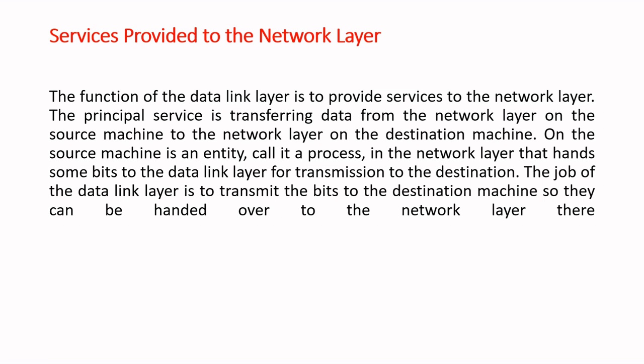Which type of services does the data link layer provide to the network layer? The function of the data link layer is to provide services to the network layer. And what are those principal services? The principal service is transferring data from the network layer on the source machine to the network layer on the destination machine. That's it. Now on the source machine there is